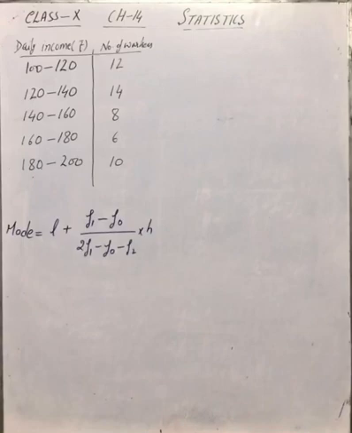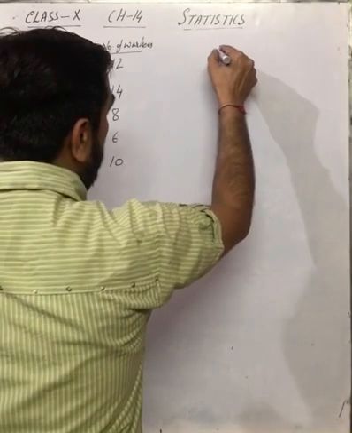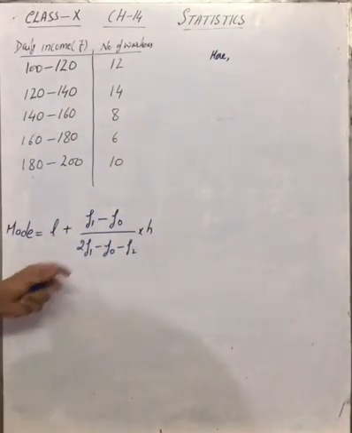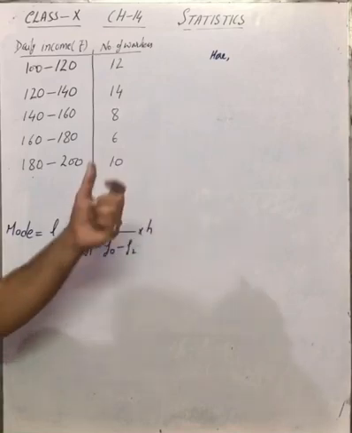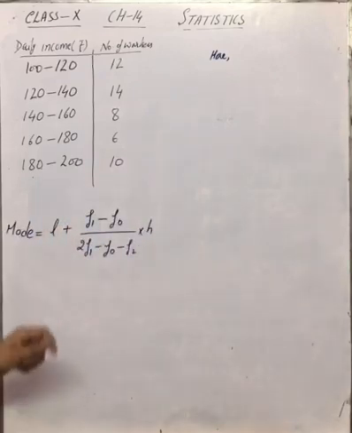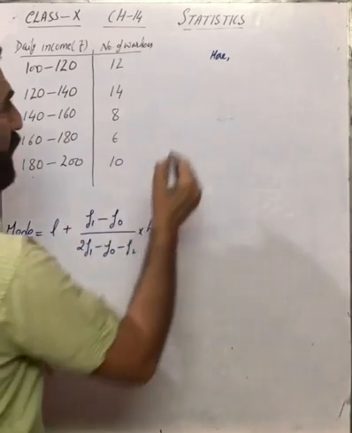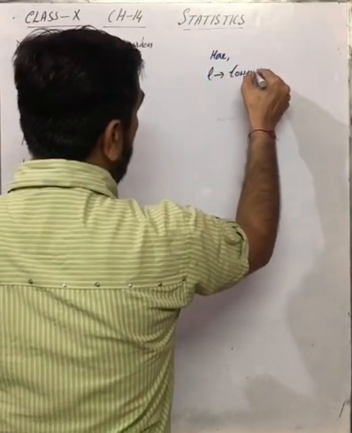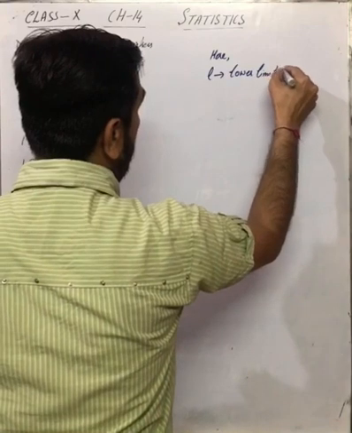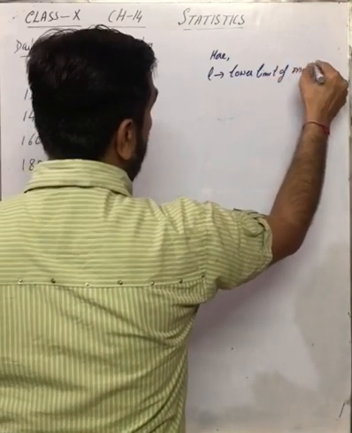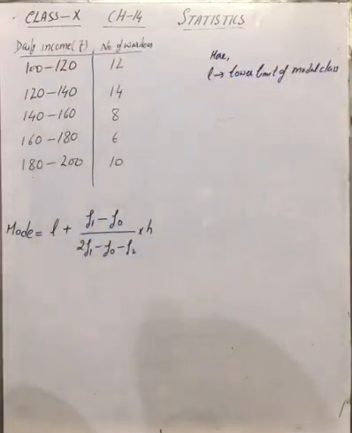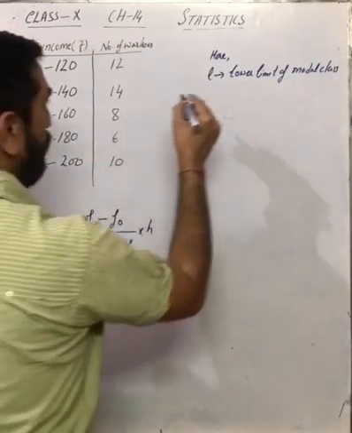Now let's discuss what these terms are. मैं यहाँ पे स्टूडेंट्स लिख देता हूँ ये टर्म्स हैं क्या. In exam you need not write these terms जो मैं अभी लिखने जा रहा हूँ, but you must know what these terms are. Only then you can solve the question. L is the lower limit of model class.